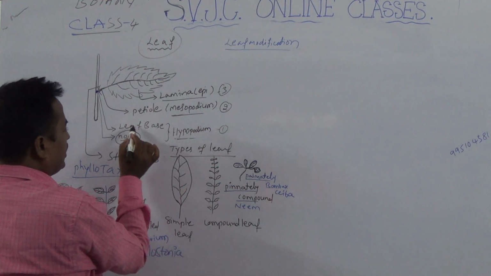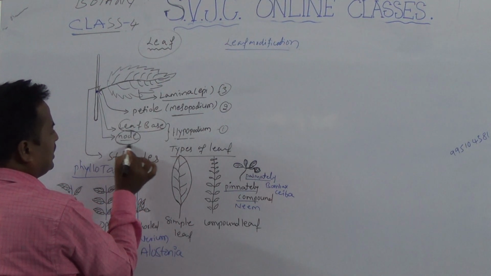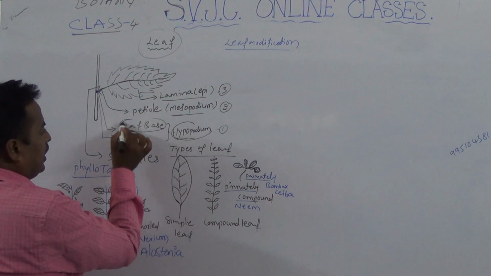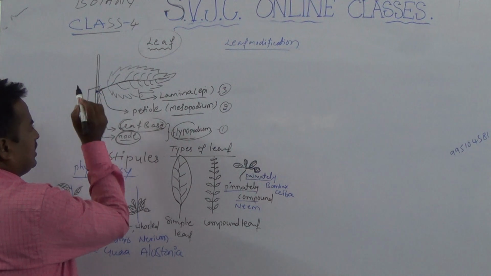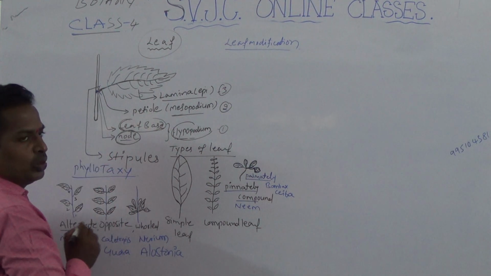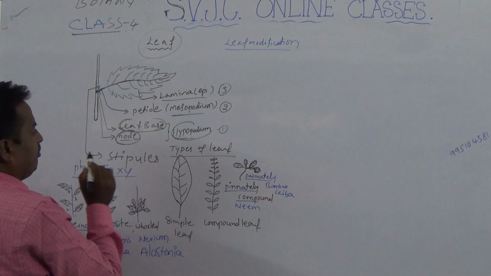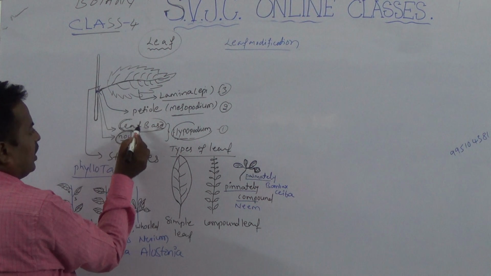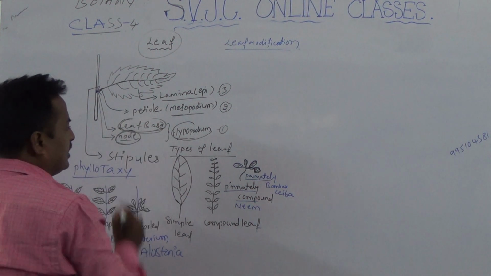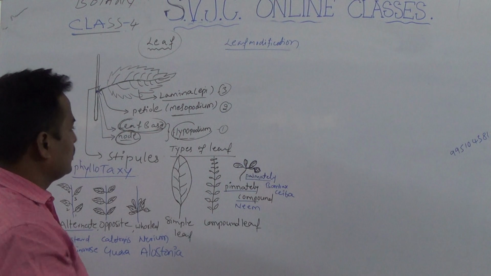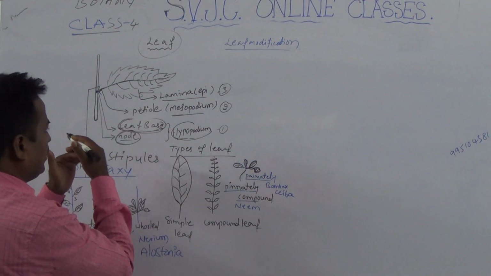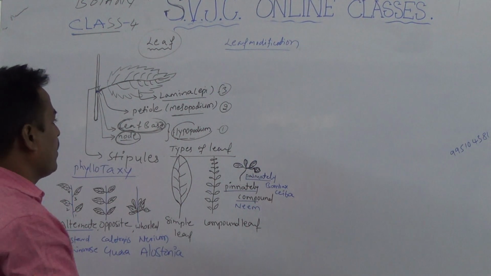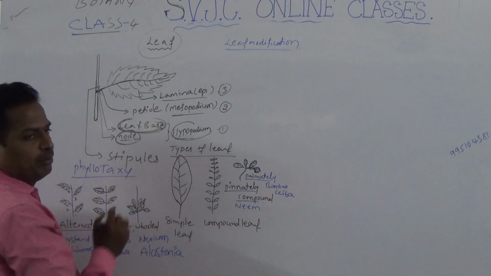In the hypopodium, there is nothing but leaf base and node. Which parts are present in hypopodium? Two: node and leaf base. This is the node. The arising part of the leaf is called node. What is leaf base? The leaf is attached to the node with the help of the leaf base. Leaf base is the seat of the leaf. Where the leaf is joined with the node, that zone is known as leaf base. Are you clear, students? So both are parts of the hypopodium.